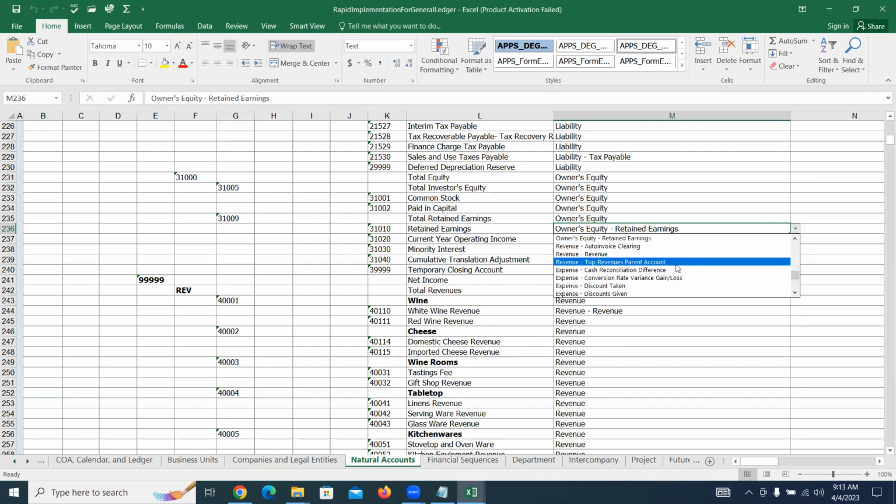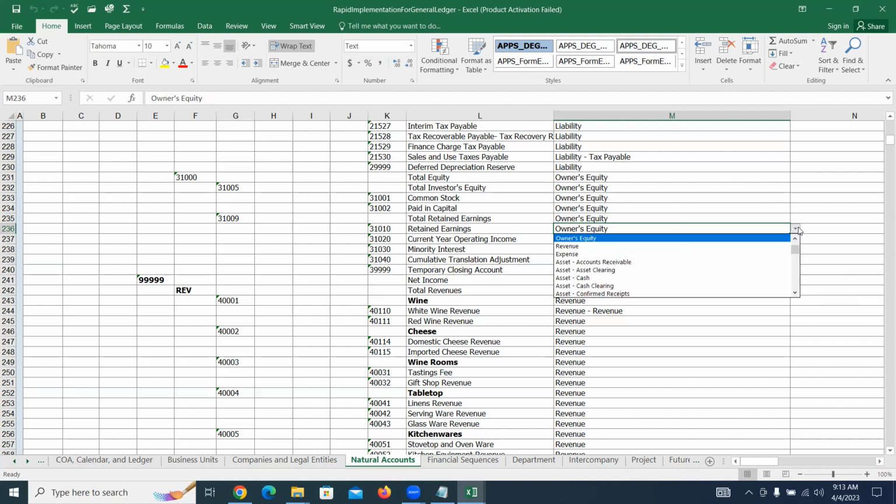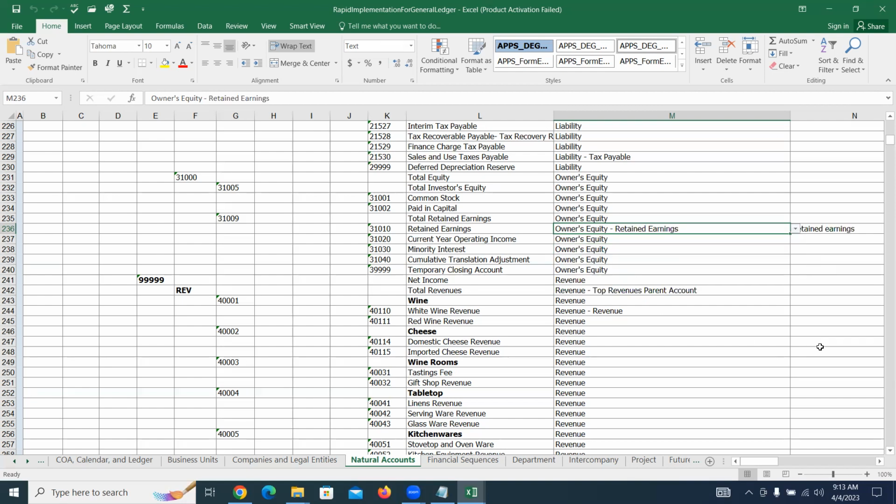If you select just owner's equity, it cannot create any code combination. For the retained earnings account, which account should the system take into the retained earnings account field? For that, you can set owner's equity retained earnings. Then the system will understand, okay, this account should be taken into ledger options in the field